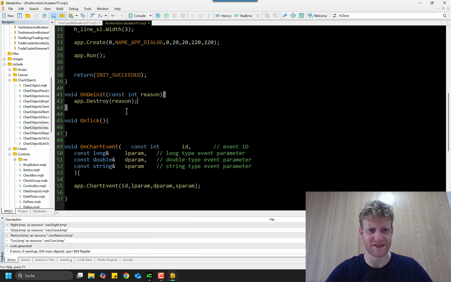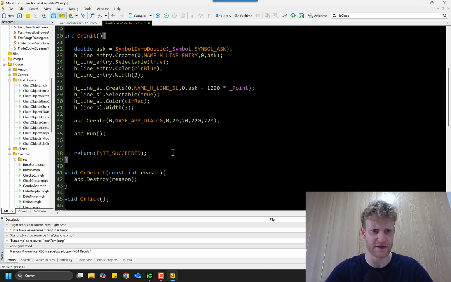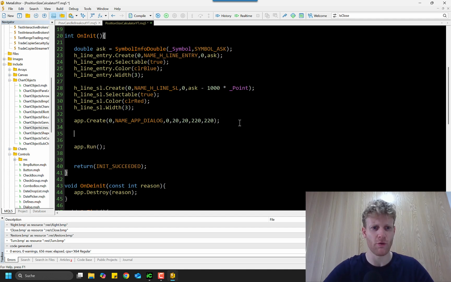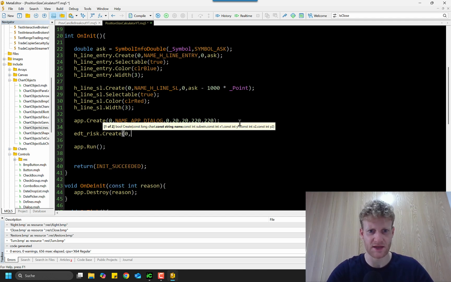Okay, so in this app dialog, we now want to put our button and our edit, right? So we can easily do so by saying edit risk create. We want to create it in the current chart again. We want to choose the name of our edit, sub window 0. And then we say x1, y1, x2, and y2, which are the coordinates. So here we can just go with 0, 0,